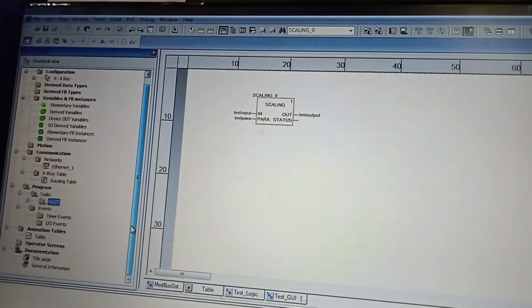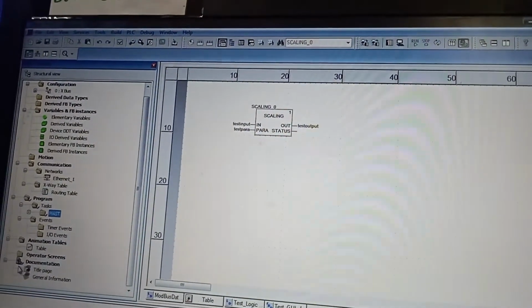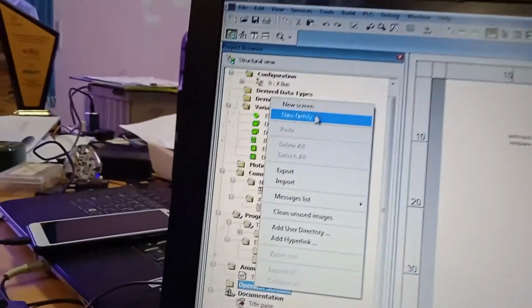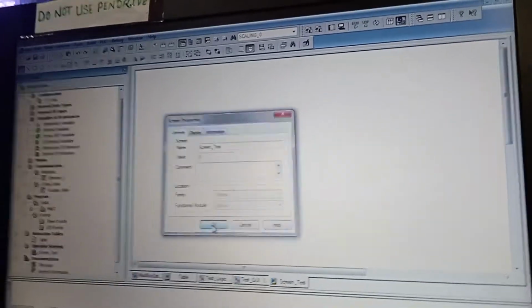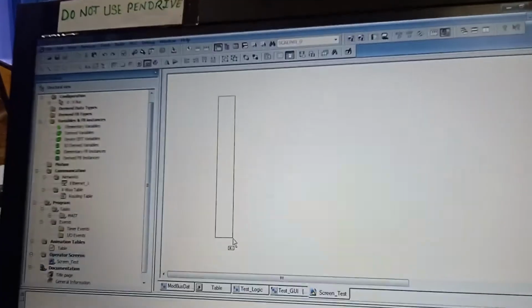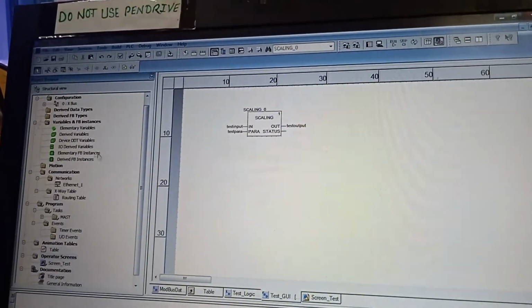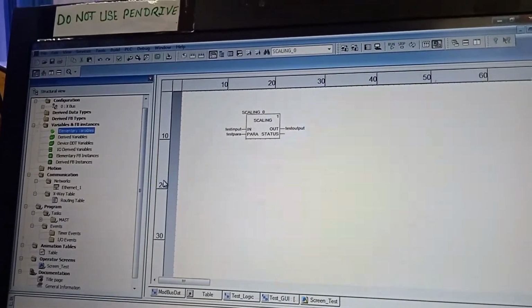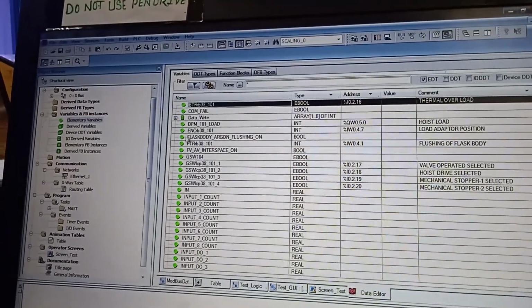So to make the operator interface, we'll go to a new screen and we'll give the name of test screen. So here we'll take a slider. Say this is the slider. Better first we will set it. So we'll go to the elementary variable. Then we will see where is that